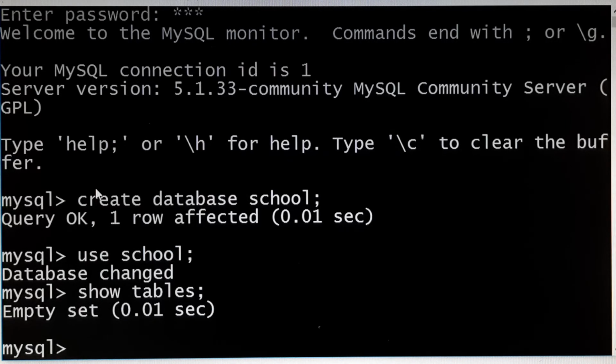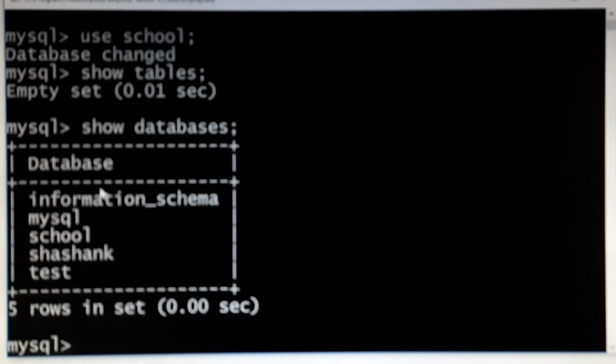Suppose I want to view the list of databases, then the command is show databases. So these are the different databases present in this MySQL database: MySQL, school, Shashank, test.